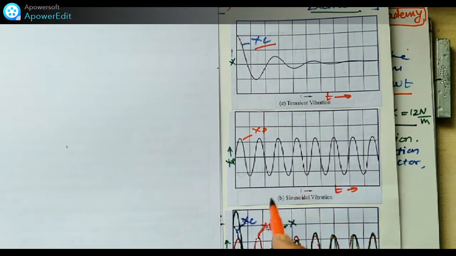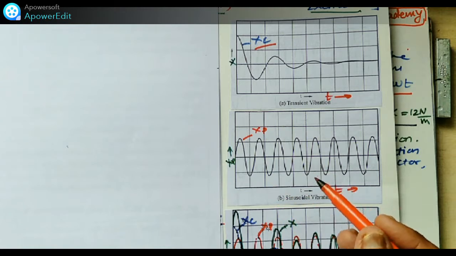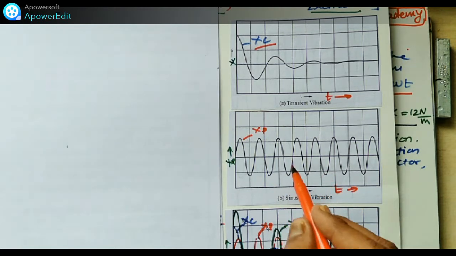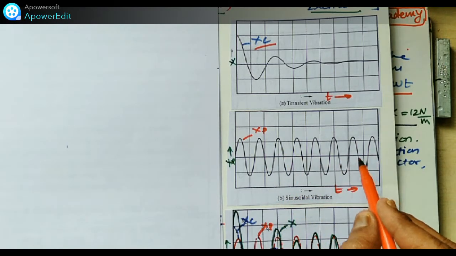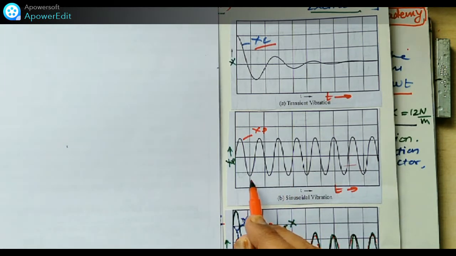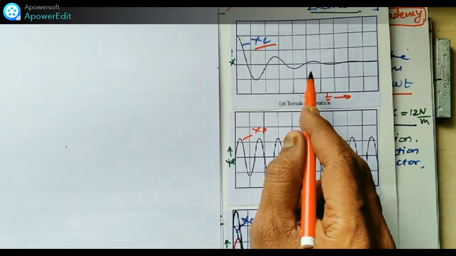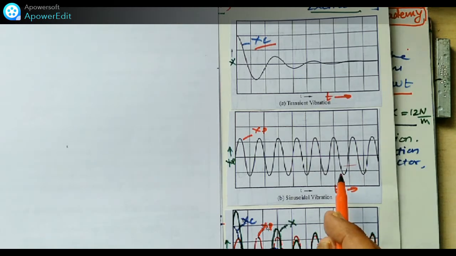Why is it called steady state? Because the second part, the integral function, continues steadily and remains unchanged with time. See here, it is continuously the same. It is not changed. In this one, it is going to reduce and come to the mean position. So that's why it is called a steady state vibration. And this steady state vibration takes place at the frequency of excitation omega. Here is the omega, and here is the omega d.